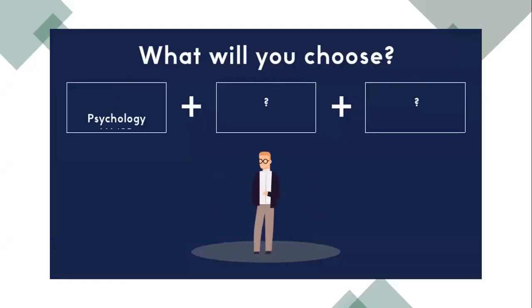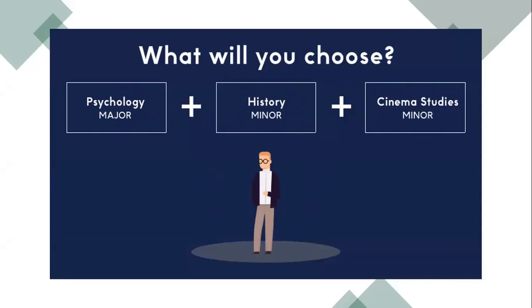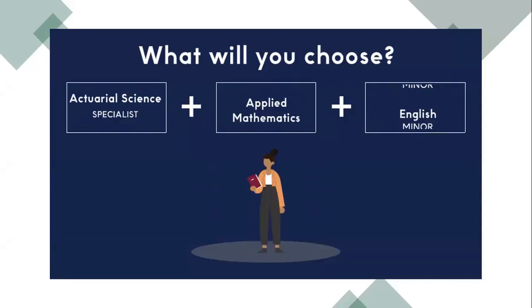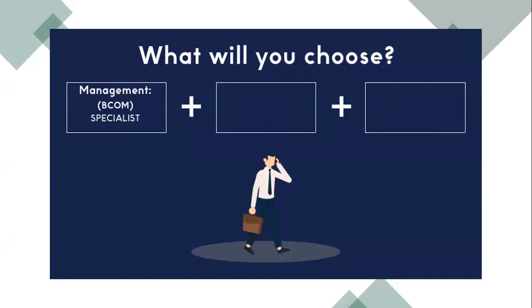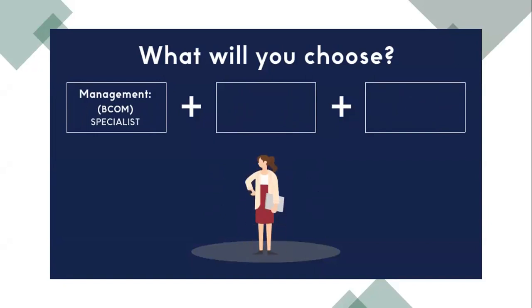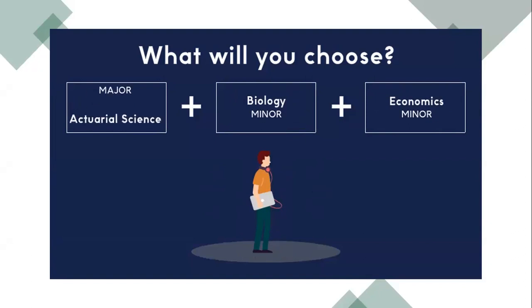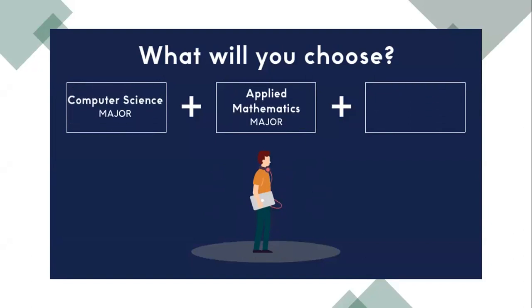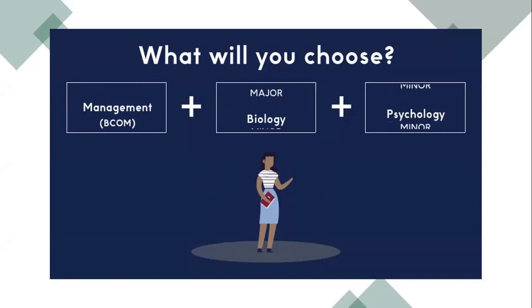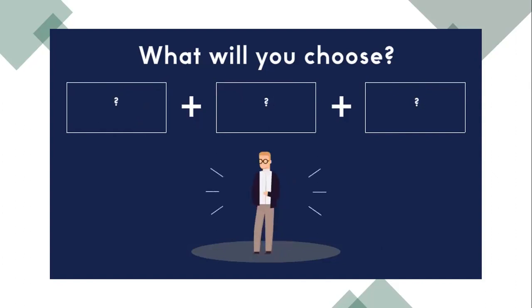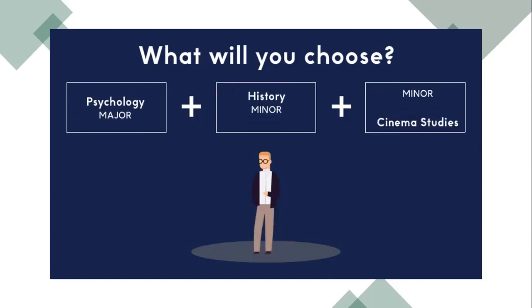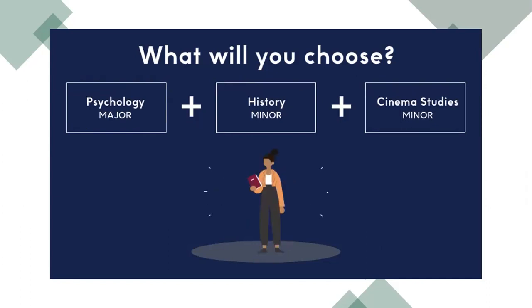Okay. So when it comes to answering the questions, what will you choose? This is a good time for you to think about how diverse you want your programs to be. If interested in specializing in a focus area, then a specialist will be ideal. However, if interested in a more diverse background, then taking the major or minor combination will be ideal. Some questions to help you as you decide the programs you want to enroll in. Do my programs fit in with my long-term academic and career goals? What do I want to study? How in depth do I want to go?